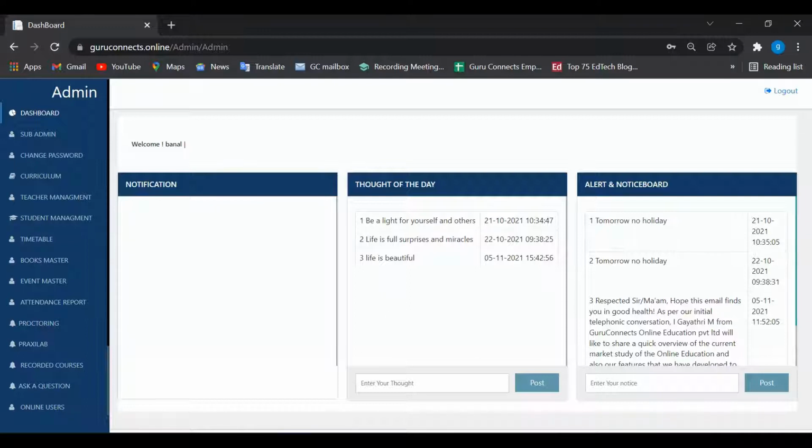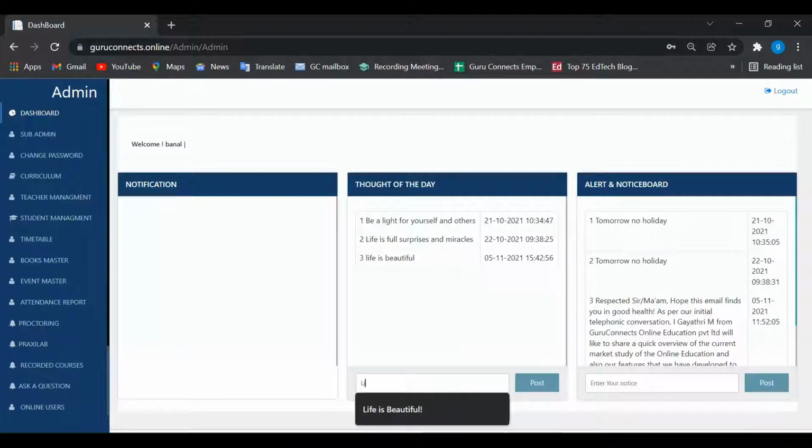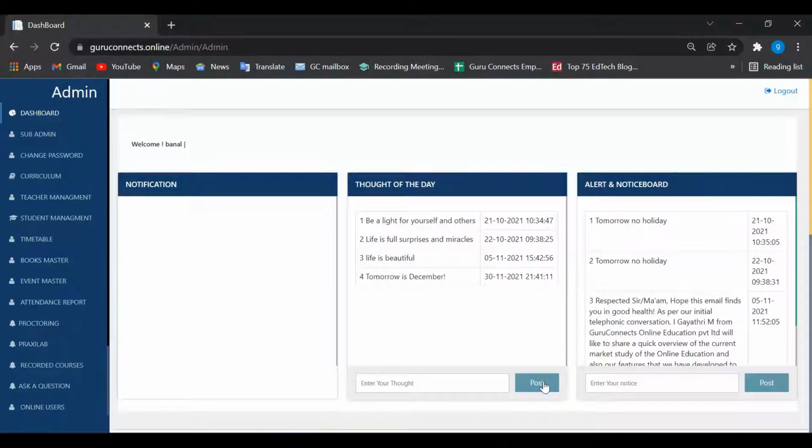So here, as soon as you enter the admin panel, you have the thought for the day. So today's thought we will enter. We have entered a thought and we post.